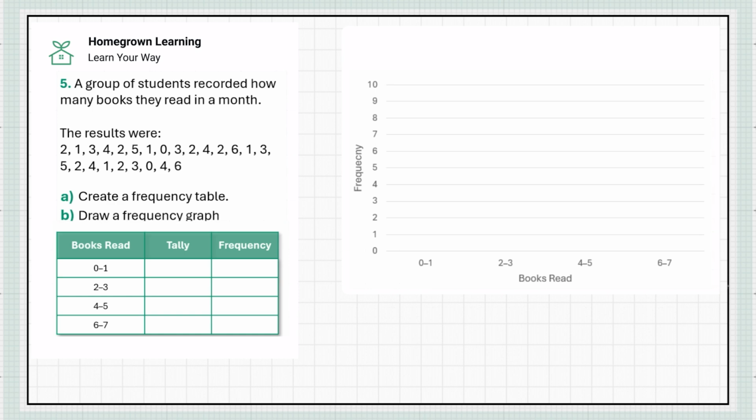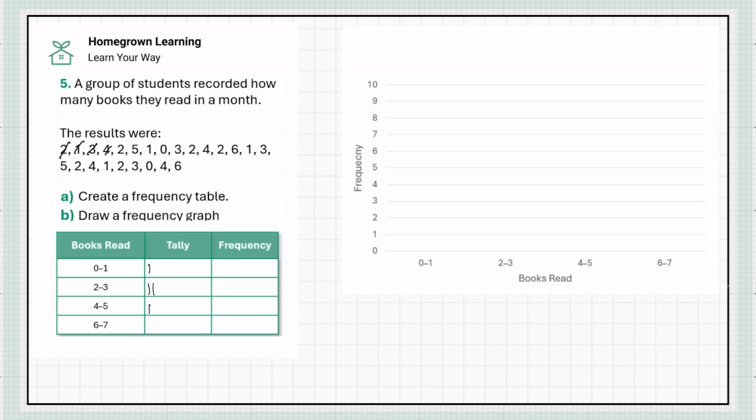You can see that books read is actually in a different set of buckets, so we need to remember that we're not tallying for individual results, we're tallying for group data. So the first one is a 2, that means we'll put a little dash in the 2 to 3. The second is a 1, and a 3,